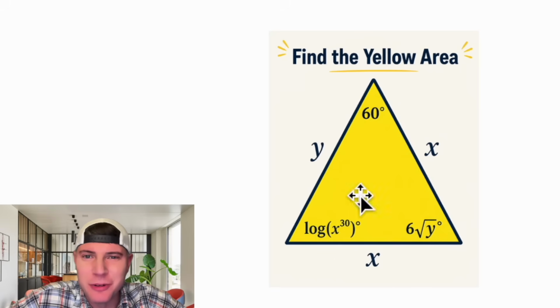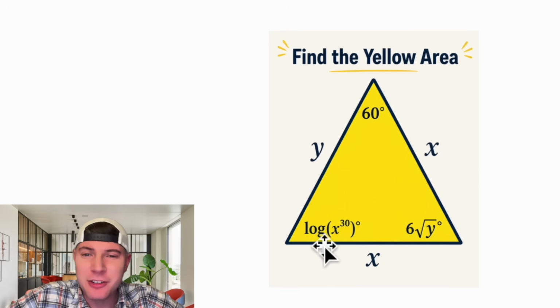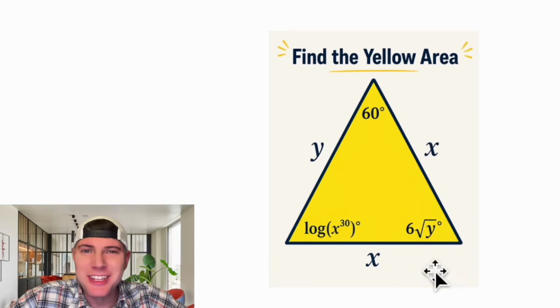Hey guys, this looks like a fun one. We're trying to find the area of this yellow triangle. We're given two sides of x and a side of y, an angle of 60 degrees, an angle of 6 root y degrees, and an angle of log of x to the 30th power degrees. If you want to try this on your own, pause it right now because I'm going to solve it in